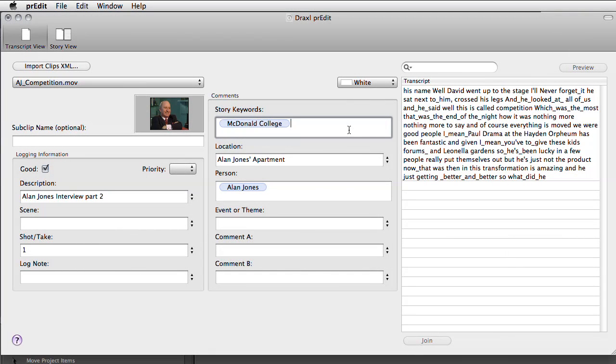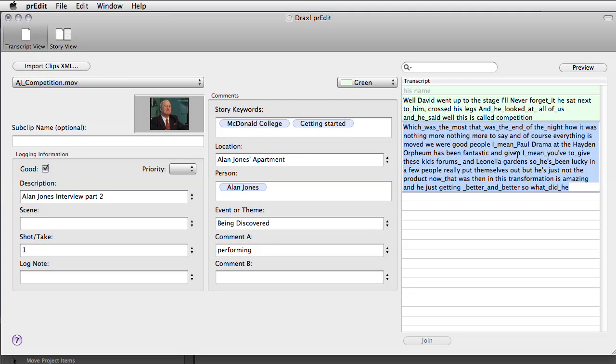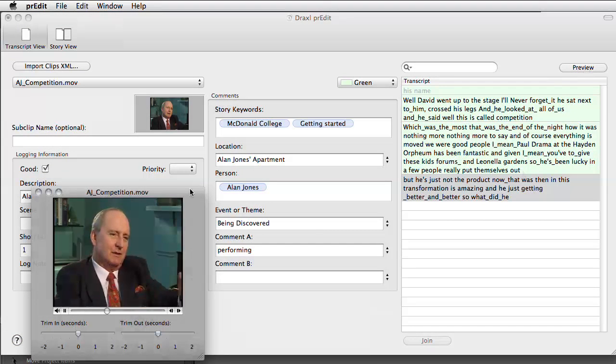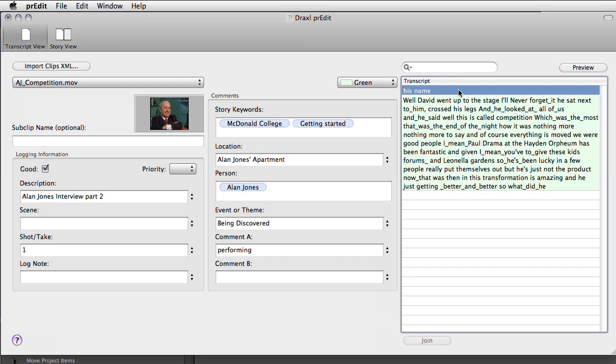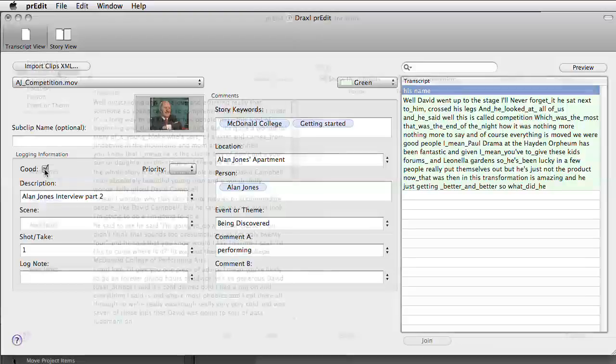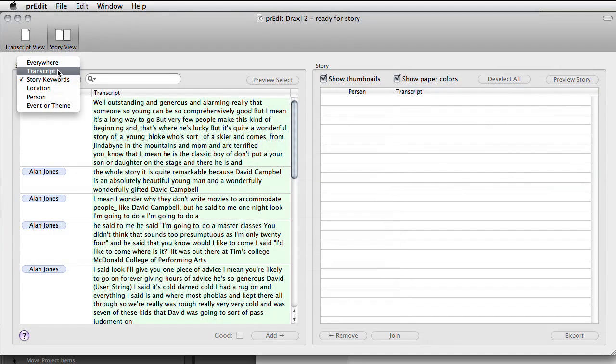With prEdit, you can take individual transcripts and enter log notes that propagate to all subclips, break the transcripts into subclips by typing return within the transcript, preview any subclip, eliminate subclips that were not useful without permanently losing the information. Once your transcripts are processed in the transcript view, you start to build stories in the story view by